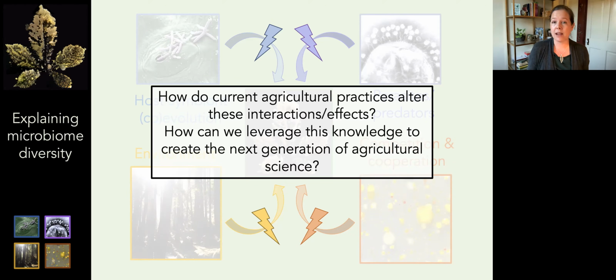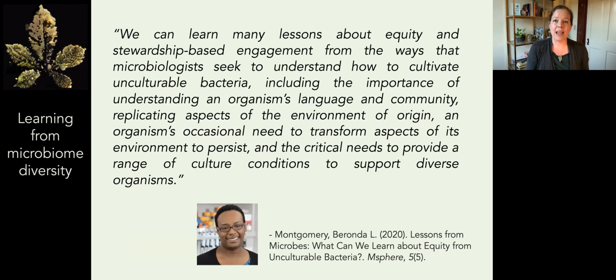And again, once we have that understanding of how agricultural change has altered the interactions between the plant and the microbiome, we can then leverage this knowledge to create the next generation of agricultural sciences, where we have reduced reliance on chemical controls for disease and fertilization. And I think this is going to be a huge factor in increasing yield with less environmental impact, so moving towards more sustainable agriculture. But really what I want to end on is this.